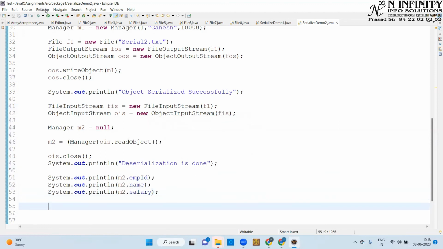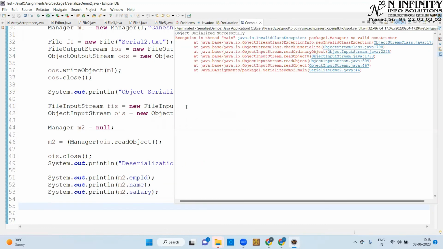Okay, so if I run the code, please observe what it says, right? So object serialized successfully, and it says InvalidClassException, right? No valid constructor of type Manager,